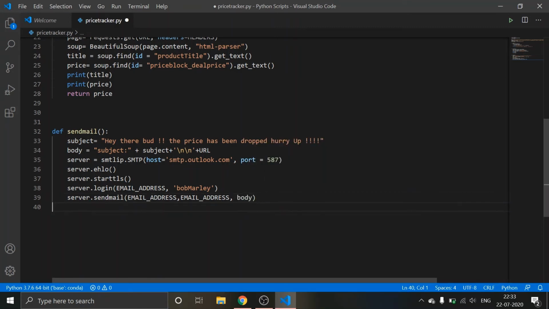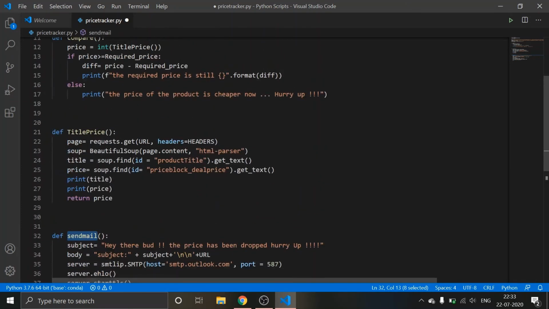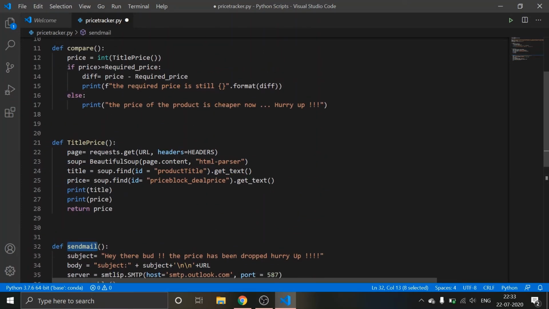That's what it is. And I need a confirmation after sending a mail, so I'm writing it as mail sent successfully. And then pass it. So this function, I have to remember it and I have to pass it here.